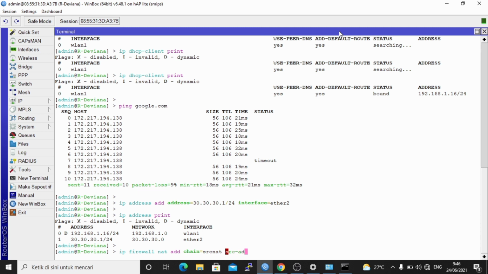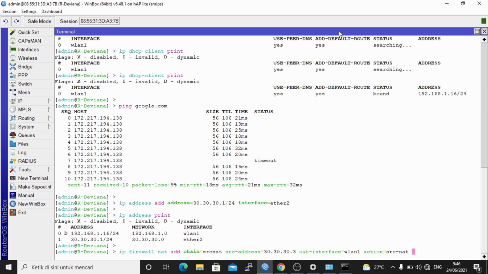Next, src-address is 30.30.30.3, with out-interface to the internet, namely WLAN 1. With action